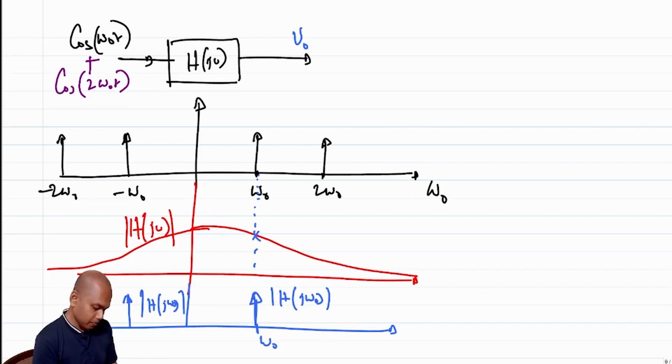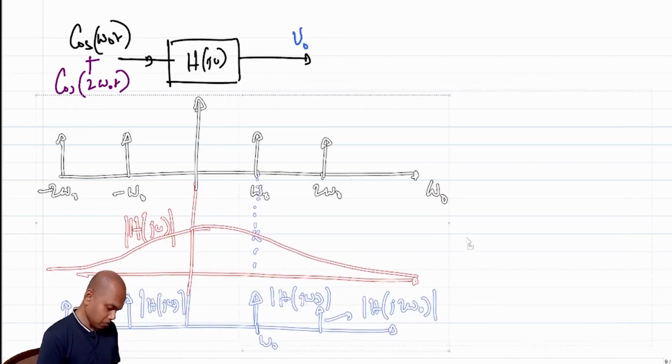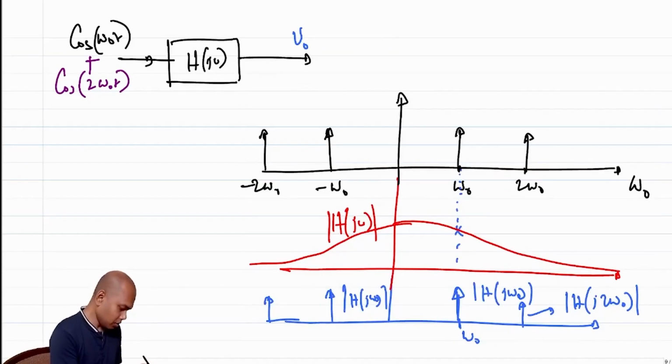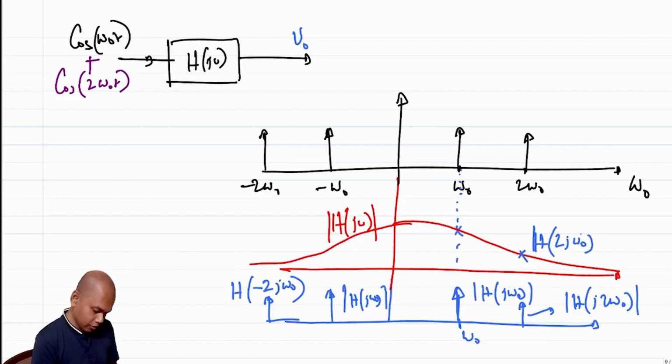The output will be again a tone at 2 omega naught, right? But what will be the strength of the tone? The strength of the tone will be the value of the transfer function at 2 omega naught. Similarly, you are going to have something here. So this is the value of the transfer function at minus 2 omega naught. Okay, so I'll just mark it here. This is H of 2j omega naught. This is mod of H of